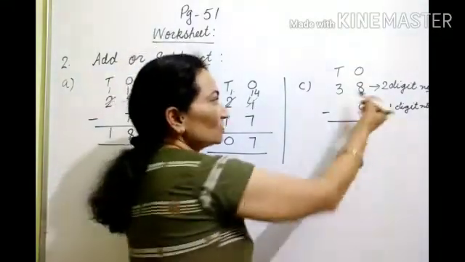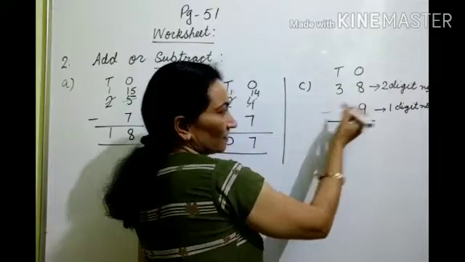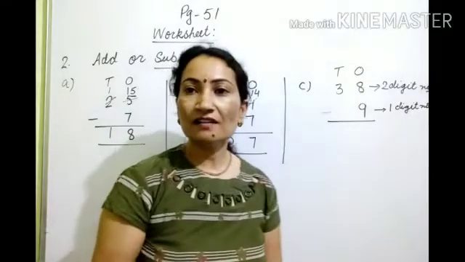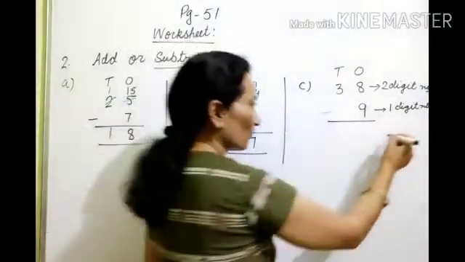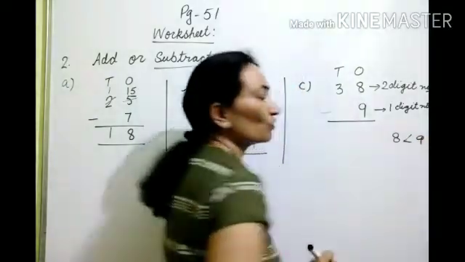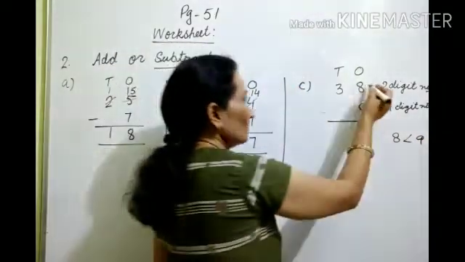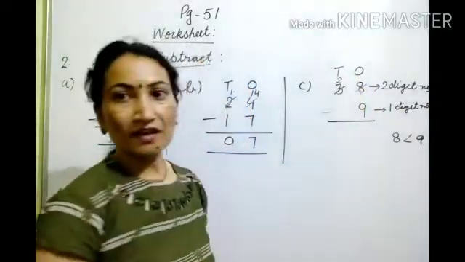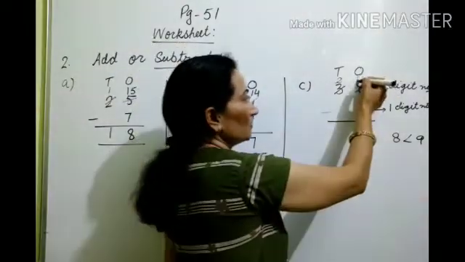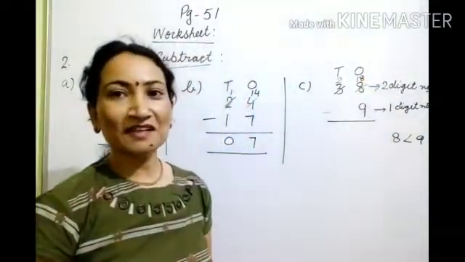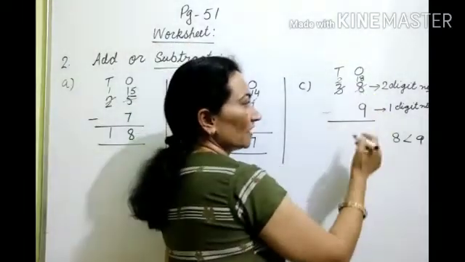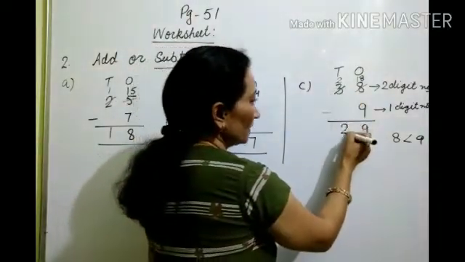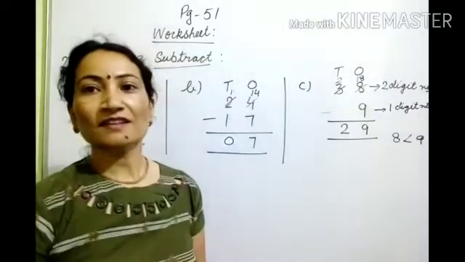Clear? So we will do subtraction here. Now we have to subtract from 8. We will subtract 9. But 9 is greater than 8, or we say 8 is less than 9. So what to do? We will borrow from 3. 3 will give 1, so it will be left 2, and here becomes 18. Now we can subtract 9 from 18, and it will give 9. And 2 will remain here in the tens place.